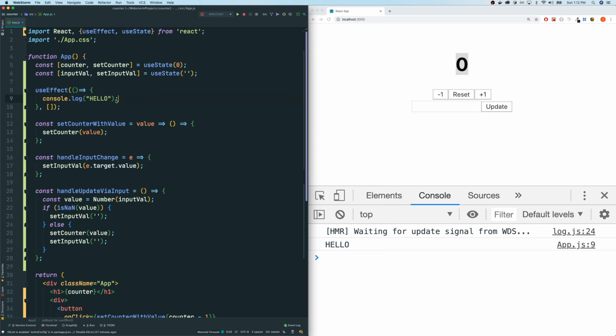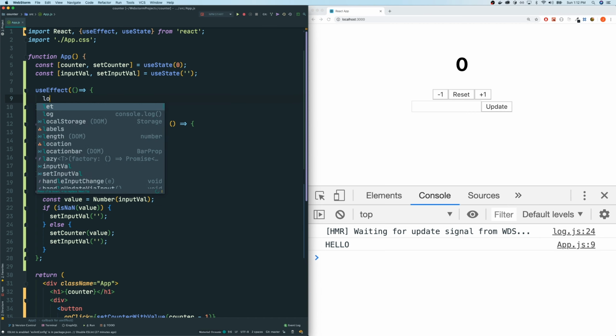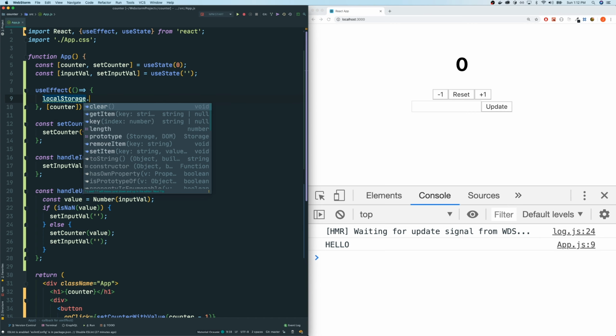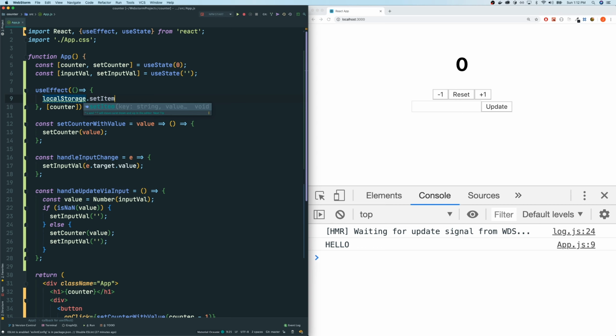Yeah, we'll do that. Let's do this. Whenever the counter value updates, we want to save to our local storage the value of the counter. So the way that we do that is this: set local storage, which is built into React, and then setItem. We will call our item just counter, and we will set it with the value of the counter variable, our state here. Now I'm getting a little green squiggly line because typically setItem accepts a string, but our